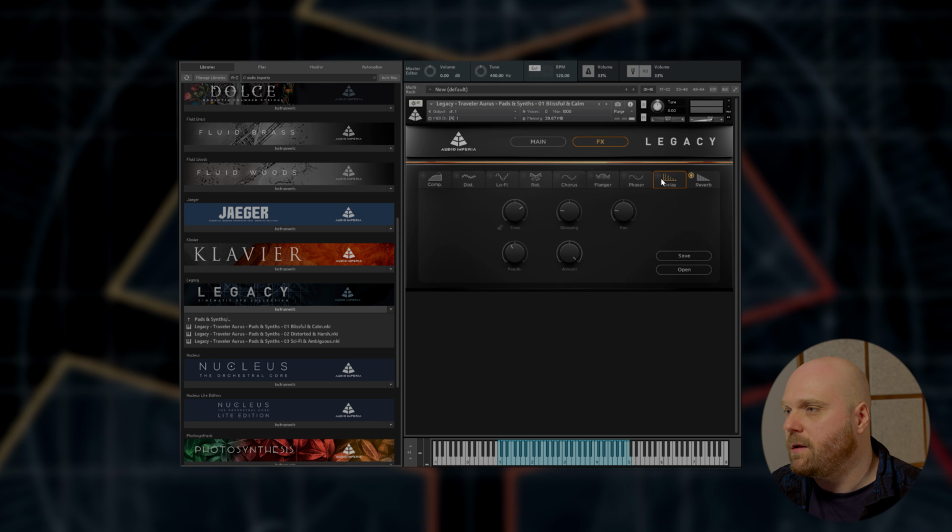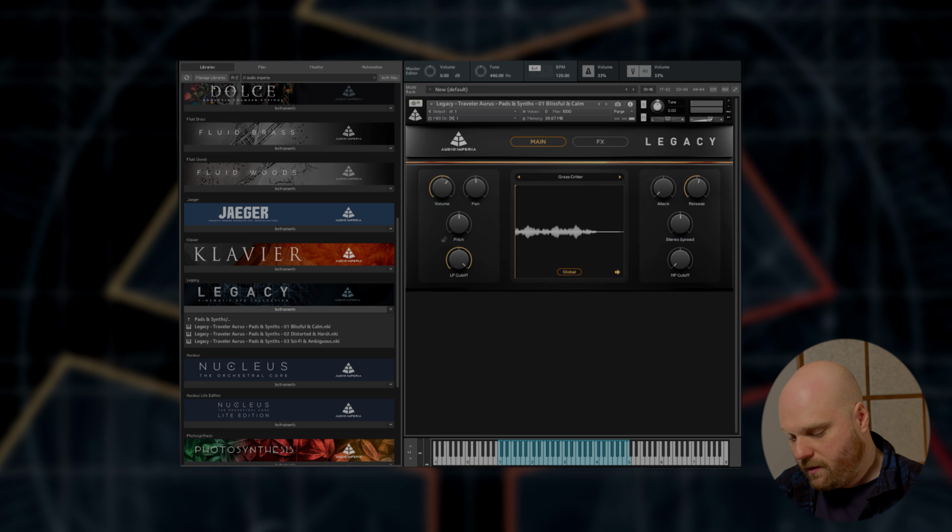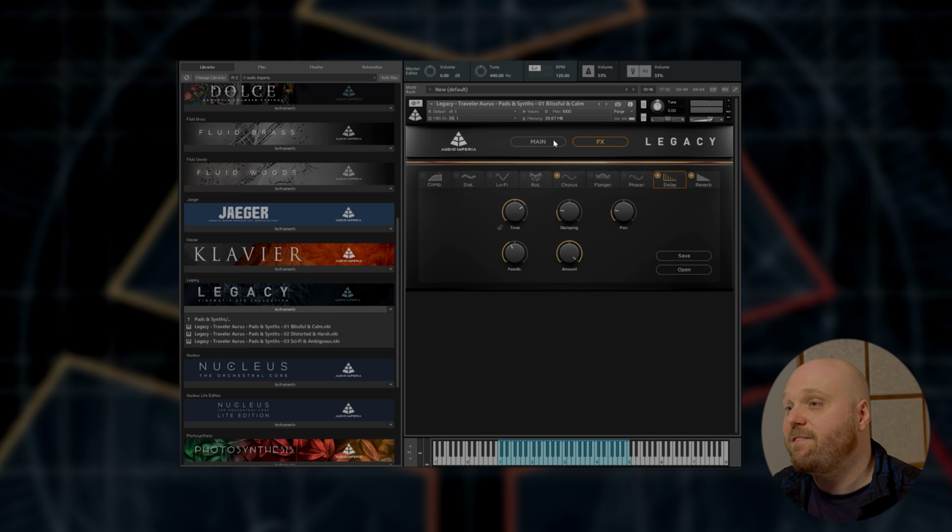So if I just load in very quickly some of these sounds, let's put a chorus on here as well and go back, you'll hear instantly a more complex, richer sound, and you can shape all the sounds a huge amount just using these few different controls in the FX controller. So I highly recommend, if you get this product or you have it already, you really look into that, because this can completely revitalize any sound. It can make it much more your own, and there's a whole bunch of different effects here, all offering something very different. So let's just have a little listen to a few more of these pads.